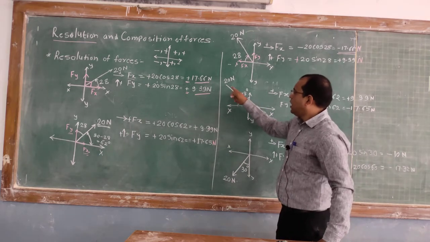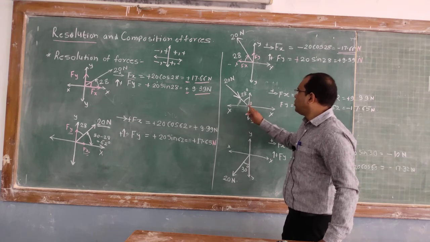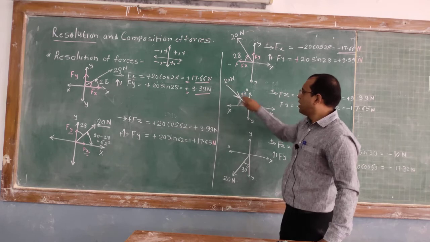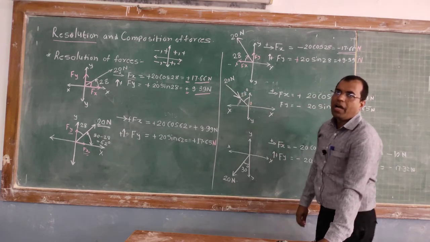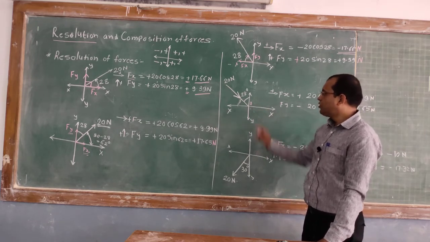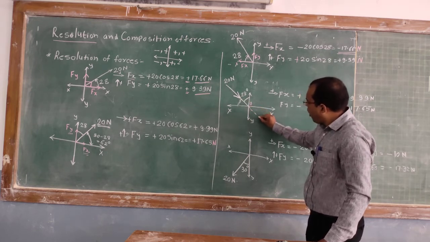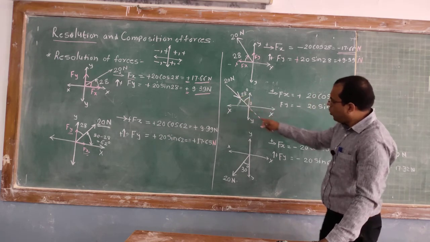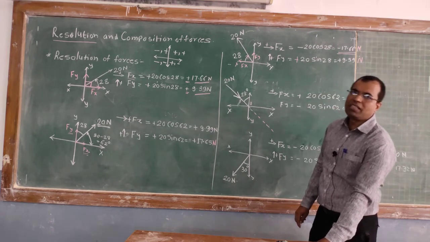Now come towards this force. Now one force is given which appears towards the origin O. In the earlier cases the force was going away from the origin, in this case the force is coming towards the origin. First you have to understand in which quadrant the force lies. In this case, this force lies in the fourth quadrant. By using the principle of transmissibility, we can find this force. This force we can show anywhere on its line of action, which is nothing but the principle of transmissibility.